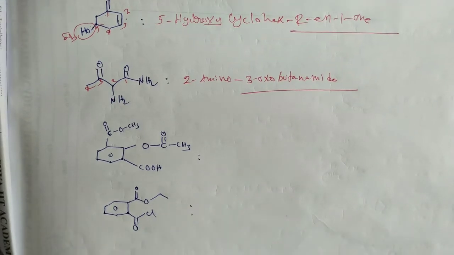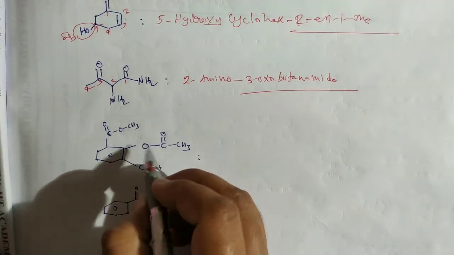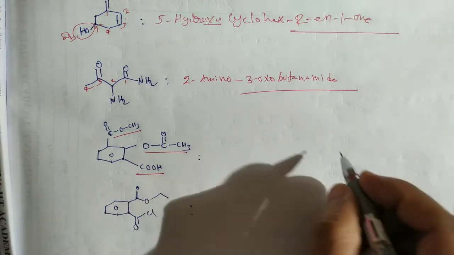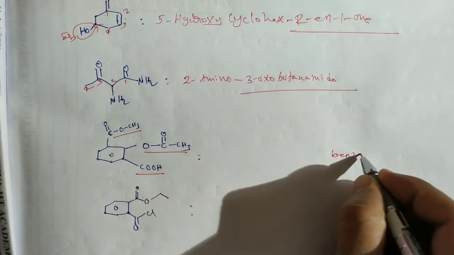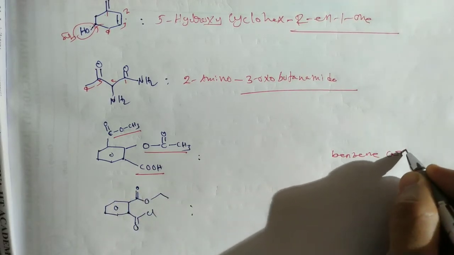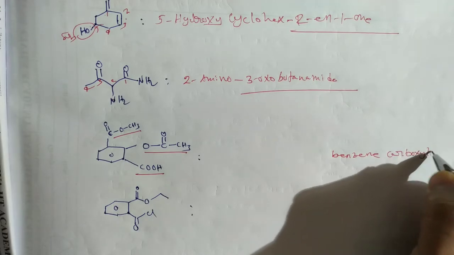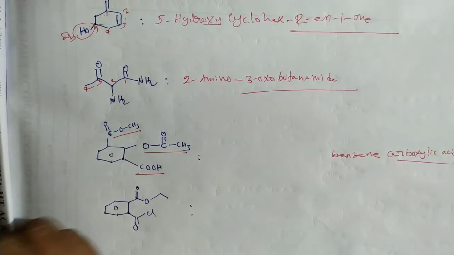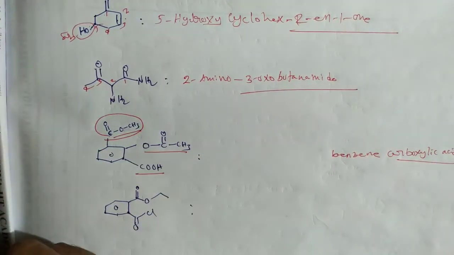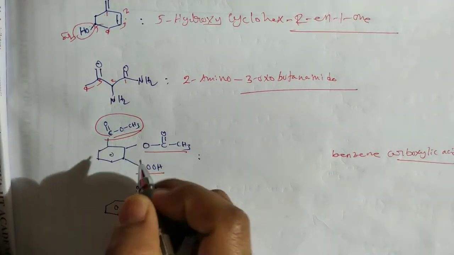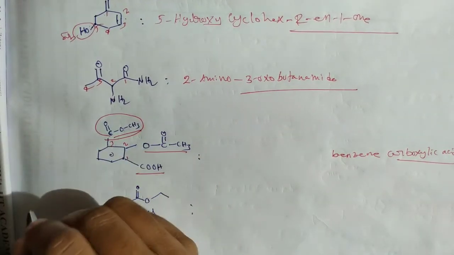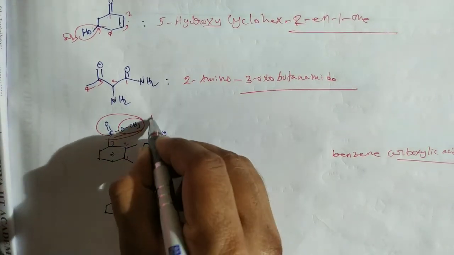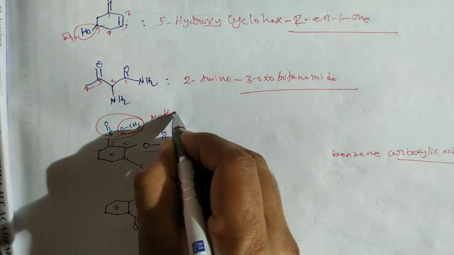Okay, that's it. So here in this case this is an ester group, this is an ester group, this is an acid group. So the acid group is the high priority functional group. So this is named as benzene carboxylic acid, because that is directly attached. Now this is the ester group. Here in this case 1 2 3. Generally this is named as methoxycarbonyl.